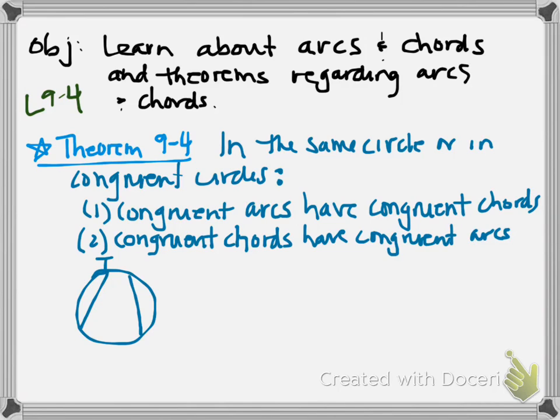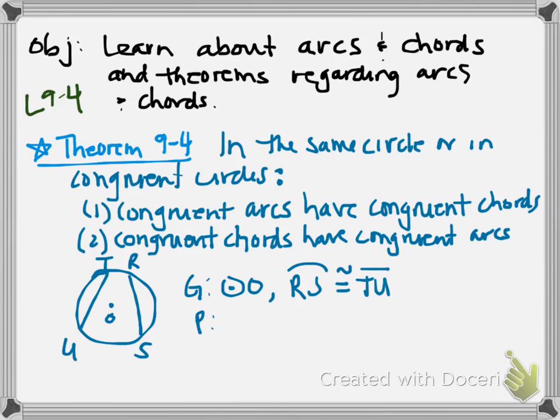So this is circle O, same circle, and if we have, in one case, arc RS is congruent to arc TU, we would be able to prove that segment RS is congruent to segment TU. So just to kind of give you an idea how that works,